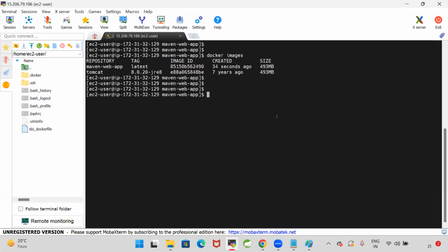All right, we already have the Docker image. Now let us try to run this image and do the port mapping. Now here, docker run. What is the image name? Maven web app is the image name. Docker run image name. If I directly run like this, we cannot access the application because the application will be